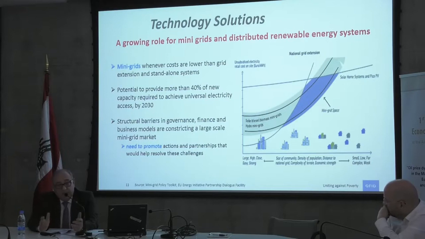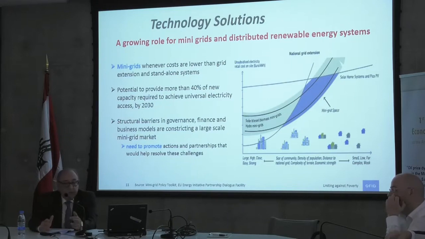The majority of people who are lacking energy access are in rural areas. Electricity access in these areas, of course, cannot economically and realistically be achieved by only extending the grid. Therefore, we need some innovative decentralized solutions like mini-grids, distributed solutions, PV panels, and other options. Actually, according to the IEA, they are expecting 40% of the new capacity needed to ensure universal energy access will